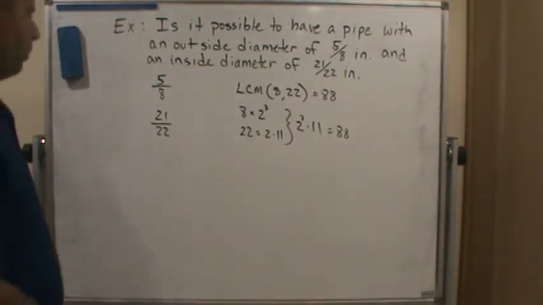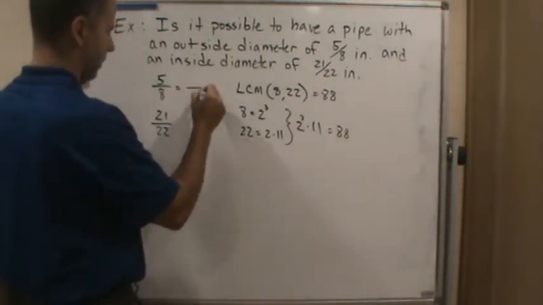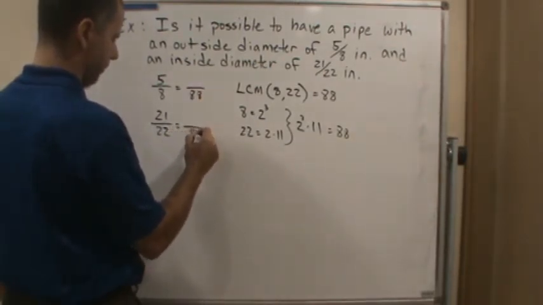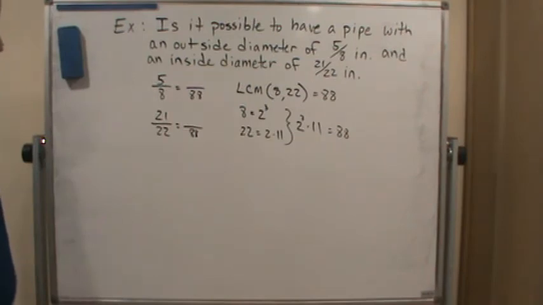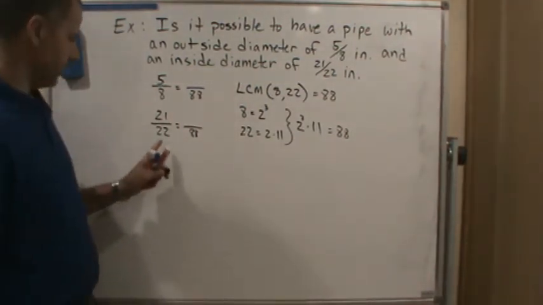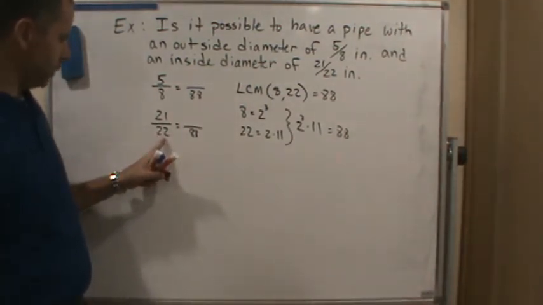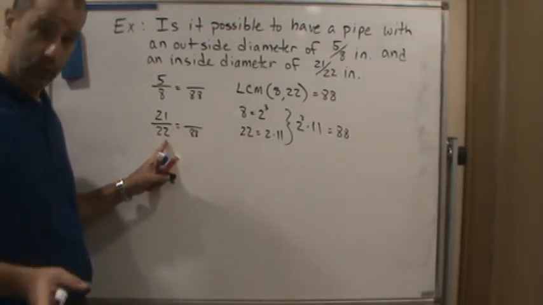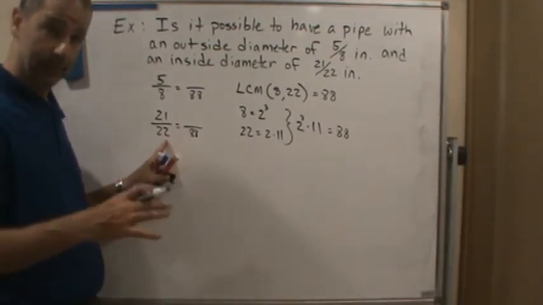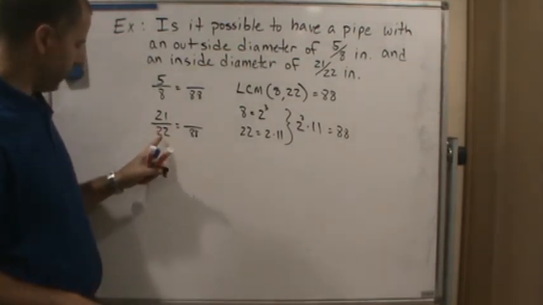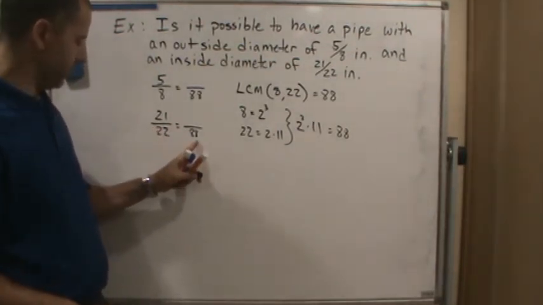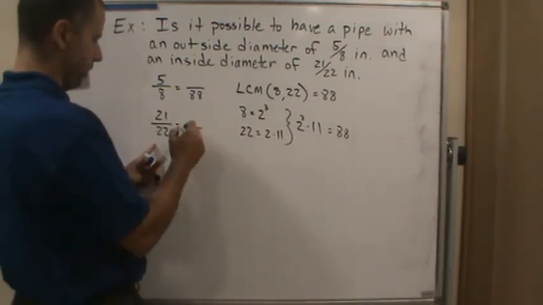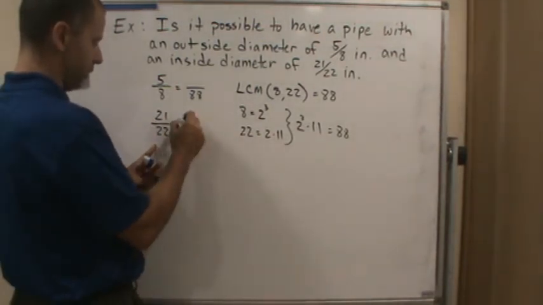So that means we want this to be 88, and we want this to be 88. So let's solve this. What do we need to multiply 22 by to get 88? That's 4. Remember, whatever you do to the bottom, you have to do to the top, and vice versa. So if I multiply 22 by 4, then I have to multiply 21 by 4 to get the numerator, which is going to be